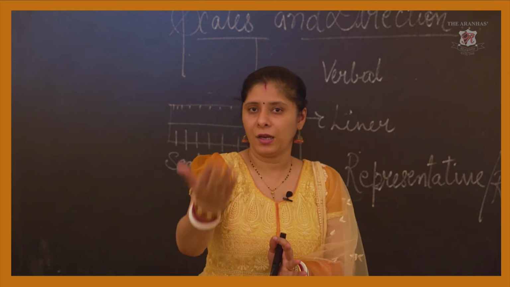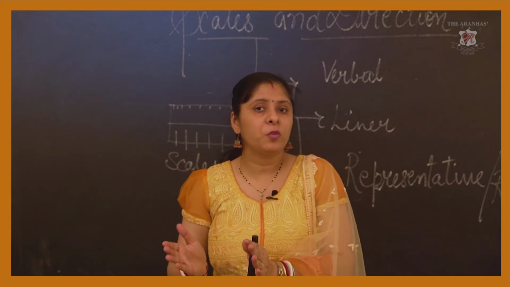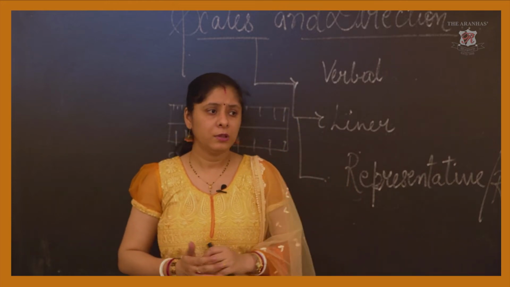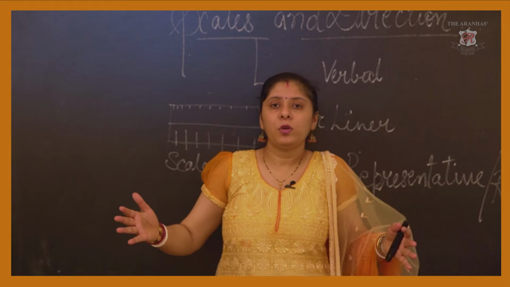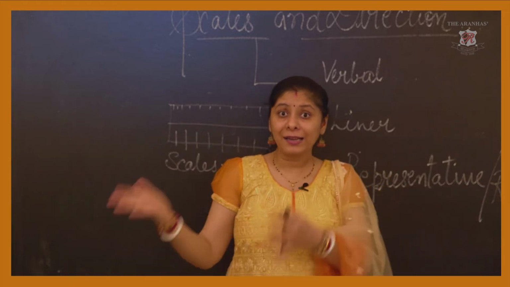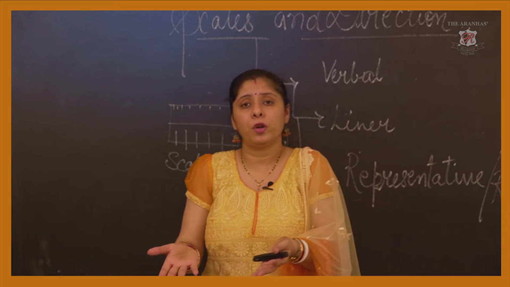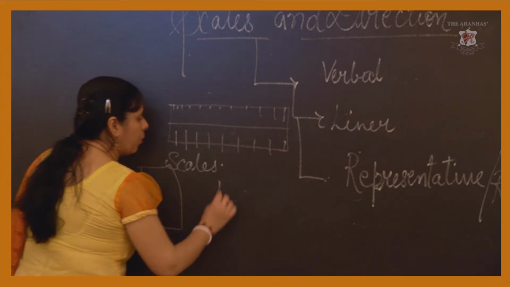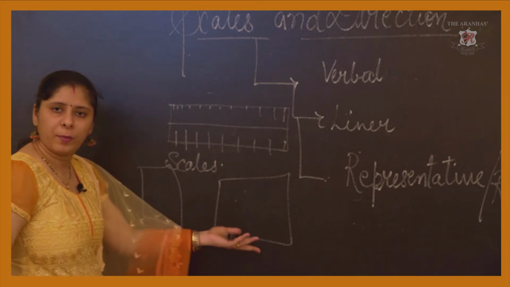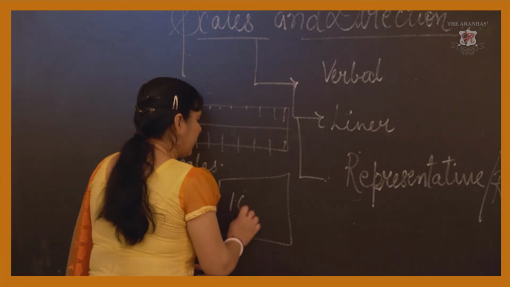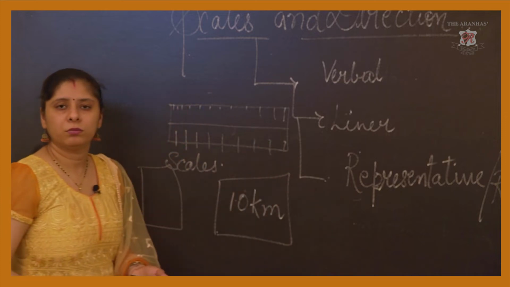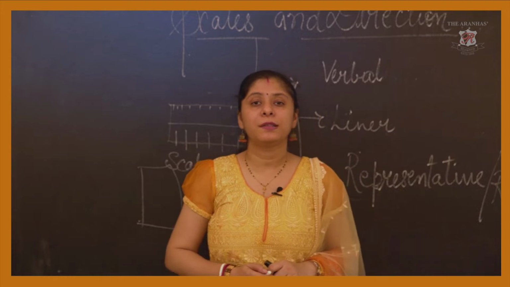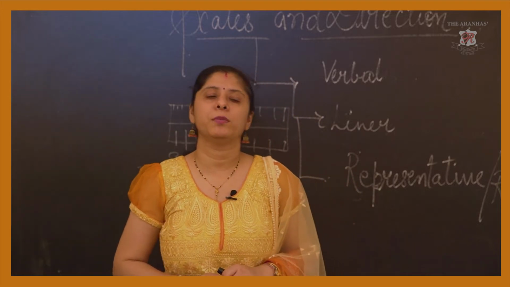If it shows 10 kilometers, that particular distance would be shown as 10 kilometers on the paper. Now there would be a question: how come 10 kilometers is so wide, we can't use such a large paper. But if I have to show exactly 10 kilometers, how can we show it on a piece of paper? Because our paper size is almost like this, not more than this. Should I need a long paper? No. For that we need scales. For that we need measurement.